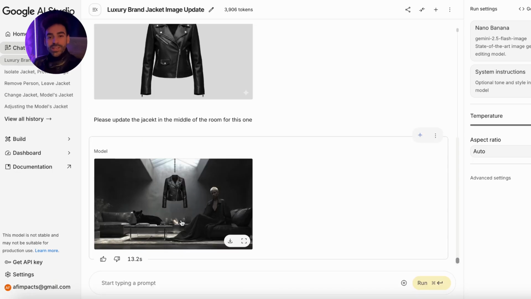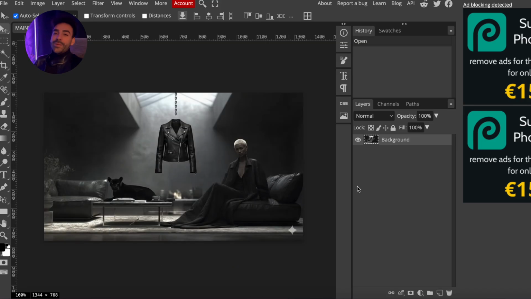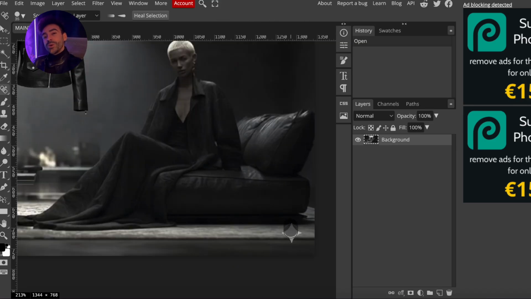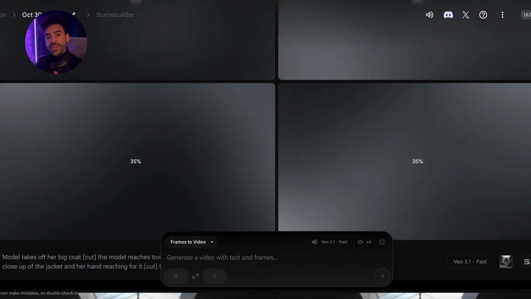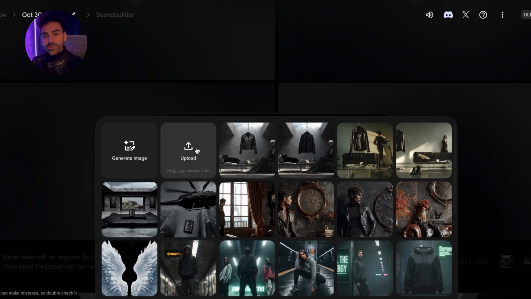Now it's very important that after you generate an image through Gemini, you remove the watermark. And to do this, I simply go to Photopea, upload the image, select the healing tool, go over the watermark and export to PNG. Now we can reuse the same prompt and upload this new image with the correct jacket